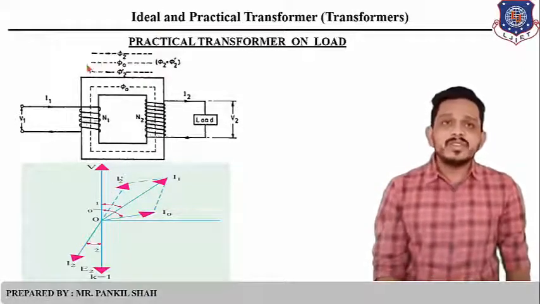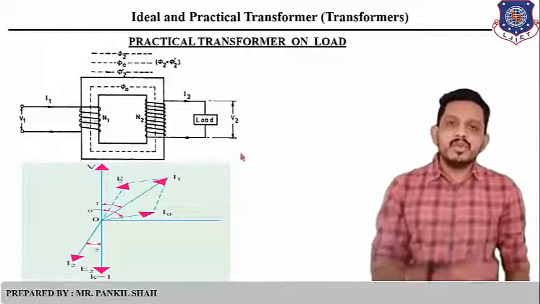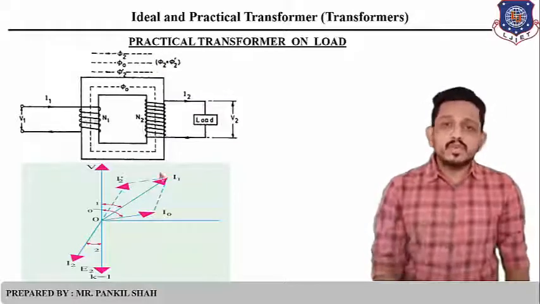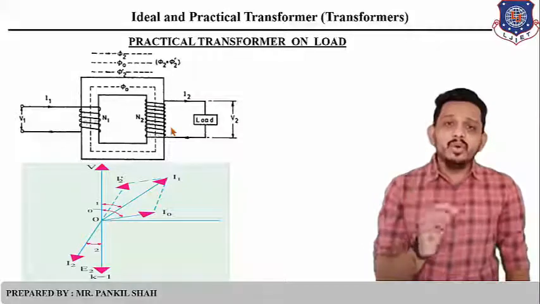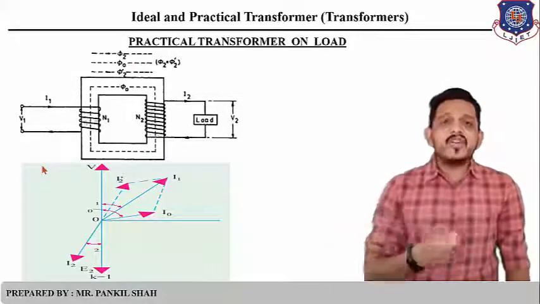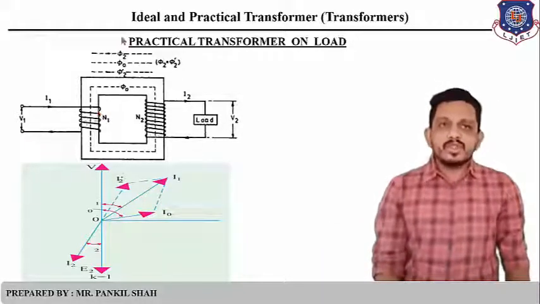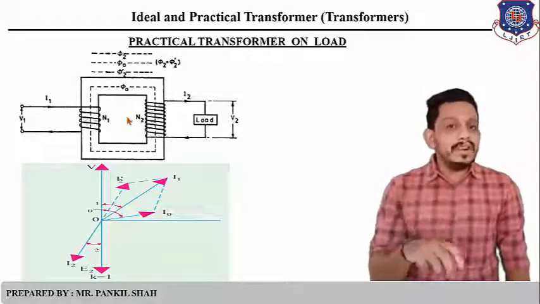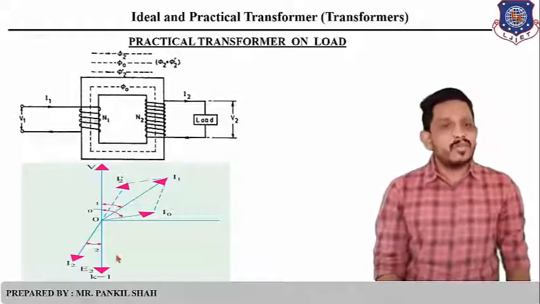The first flux is our main flux phi 0, which flows from primary to secondary. The second flux phi 2 is produced by the I2 current, which is in the opposite direction to the main flux. So the phi 2 dash flux is the extra flux produced by the extra current which we have taken from the source, and that flux will be in phase with the main flux. So ultimately they will cancel each other out. Now let's talk about the vector diagram.